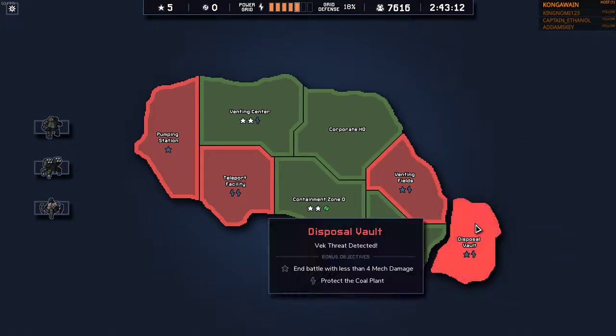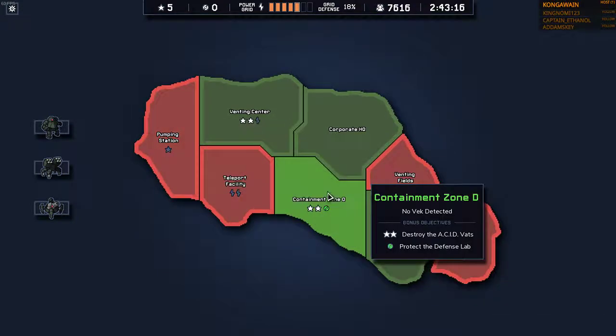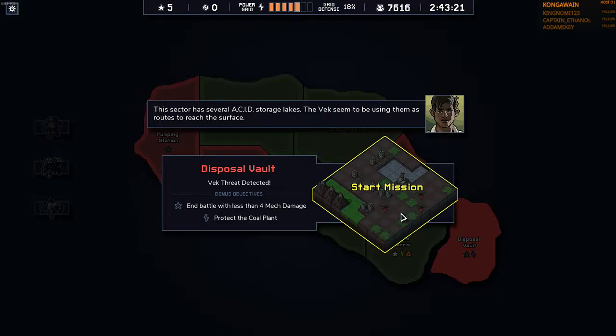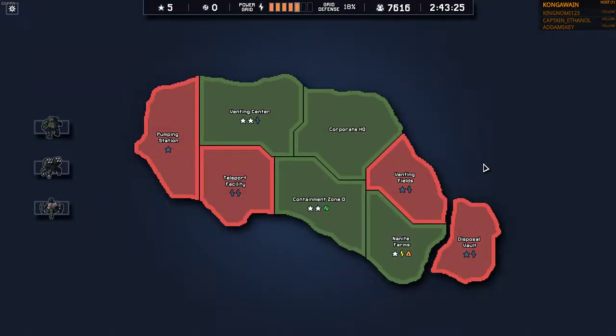Okay, yeah. No. What is this? Less than 4 and protect the coal plant. That's not bad. We can safely do that, I think. What's the layout? Yeah, no, that's not bad at all. I think we can tackle that. Although...